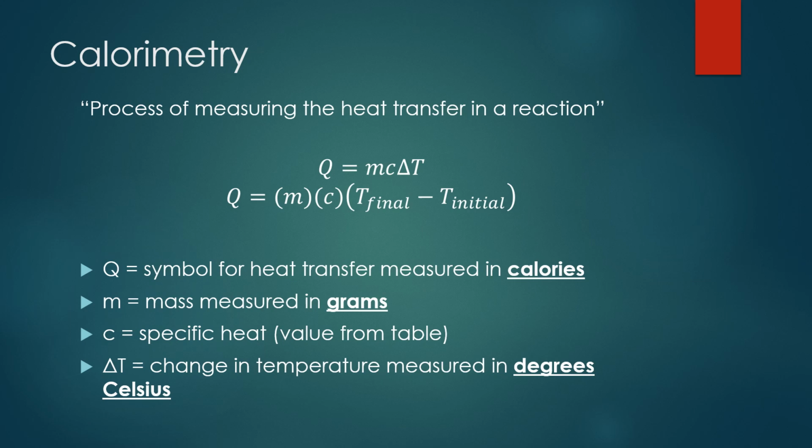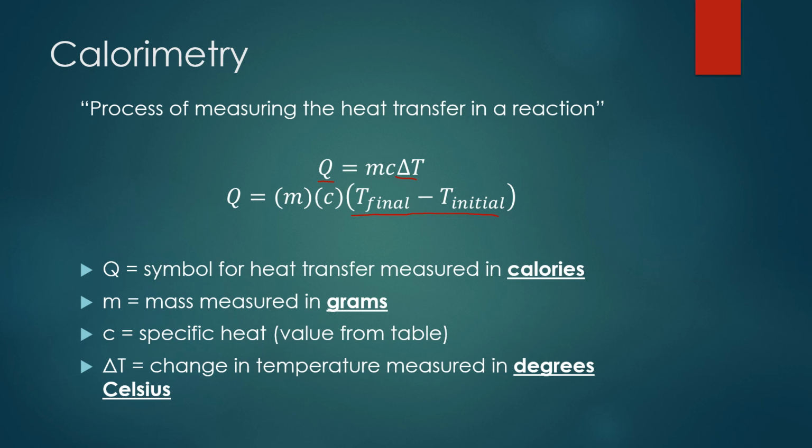To do that, we're going to use the equation shown here, where Q is equal to mc delta T. Q is heat, so that's the variable for heat. If you have to calculate Q, you are calculating the heat. As for the rest, mc delta T, notice we're seeing that delta sign again, that triangle. All that means is we need to know the change in temperature to calculate heat. The equation right below just wrote that delta T out in a longer form. Delta T is change in temperature.